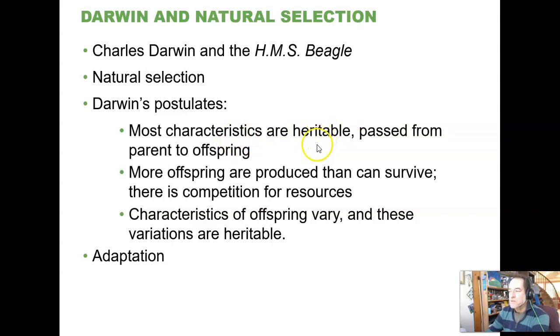is heritable material. And there's quite a bit, and so there's a huge amount of that material that defines what an organism is, that can be passed from parent to offspring. It is preserved in the germline through the DNA code. He didn't know anything about DNA, but everybody understood that somehow some sort of information went from one generation to another. Another huge idea of his is that more offspring are produced than can survive.